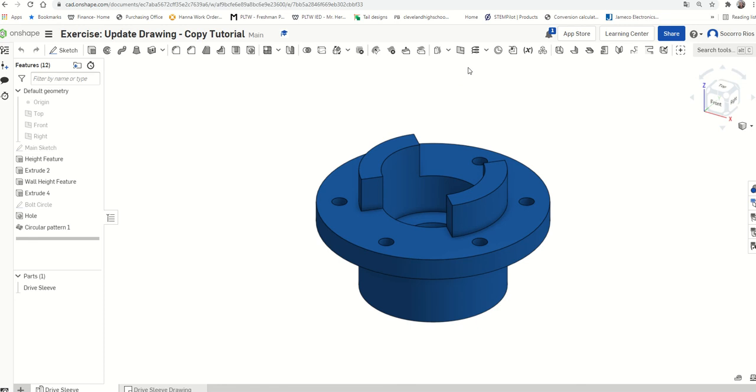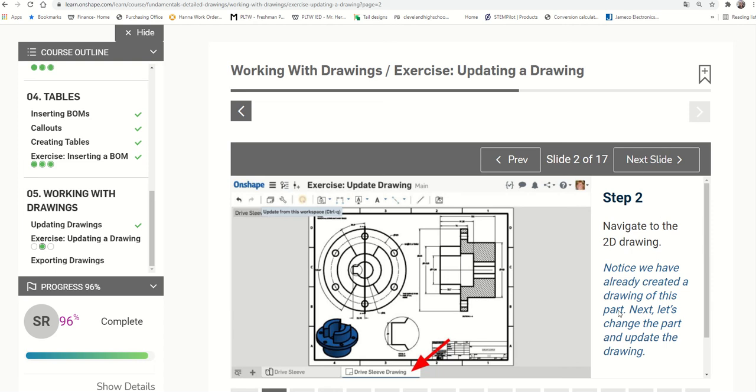So the first thing that you have to do here, that is not on the steps, and I went back and forth until I got it, is changing the default units. You click here, and then workspace units. The default is inches, so we need to change it to millimeters, and then I click accept the change, and I move on to the next step. The next step, basically, doesn't say that you can click on the tabs at the bottom, so you can get to the part studio or the drawing.